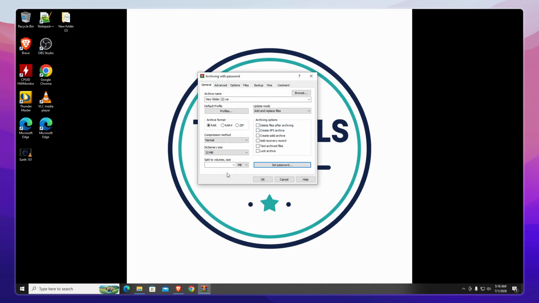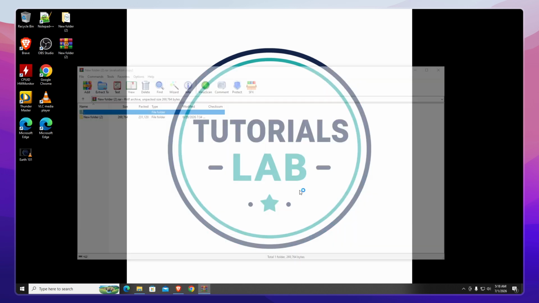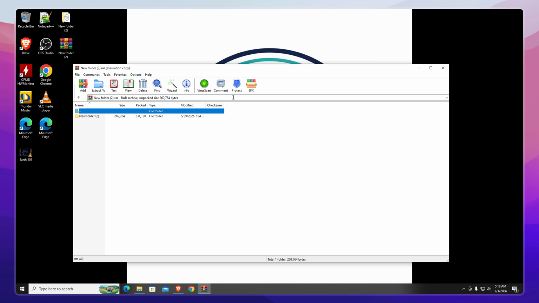Now the archiving process will begin. You'll see a progress bar showing the compression and password protection being applied to your folder. This might take a few moments depending on the size of your folder and the number of files it contains. Wait for the process to complete. Once it's finished, your password-protected zip file will be created in the same location as your original folder. This zip file is now fully secured and can only be opened by someone who knows the password you just set, keeping your sensitive information safe from